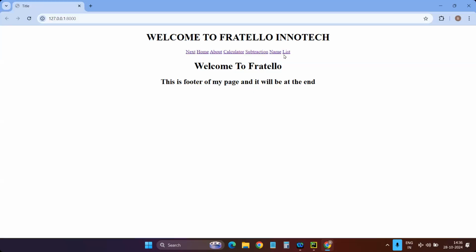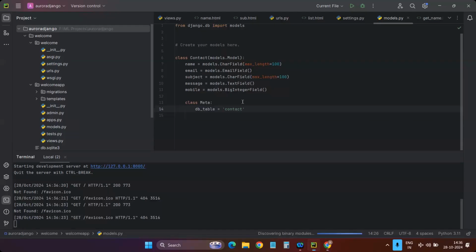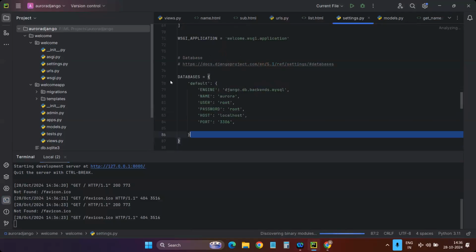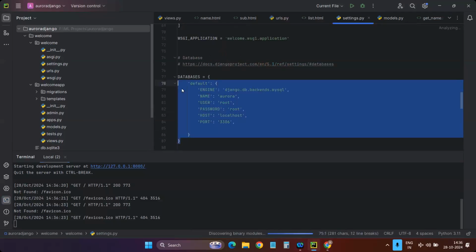Now I am going to show how to post a contact. Before that, I'll revise once again how to create the database. First of all, you have to go to settings and configure your database settings in your settings.py file. In this Python file, you have to configure all the settings. Okay. After that, you have to